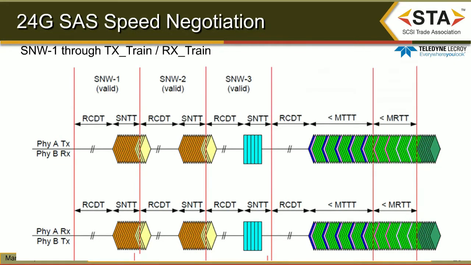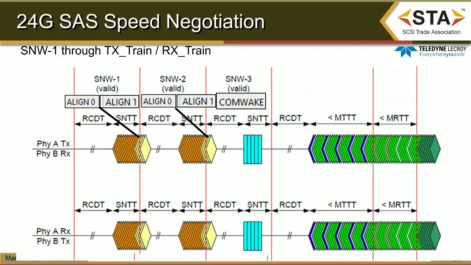Both PHYs will typically go through SNW1 at 1.5 gig. You would see them transition from align 0 to align 1, indicating the point where the PHYs have reached D-word synchronization for that SNW. They move to SNW2, which does the same thing at 3 gig. If either side fails to lock here, they would continue with the align 0 for the duration of the SNW time. If it's a 12 gig or 24 gig capable link, it has to support the SNW3,